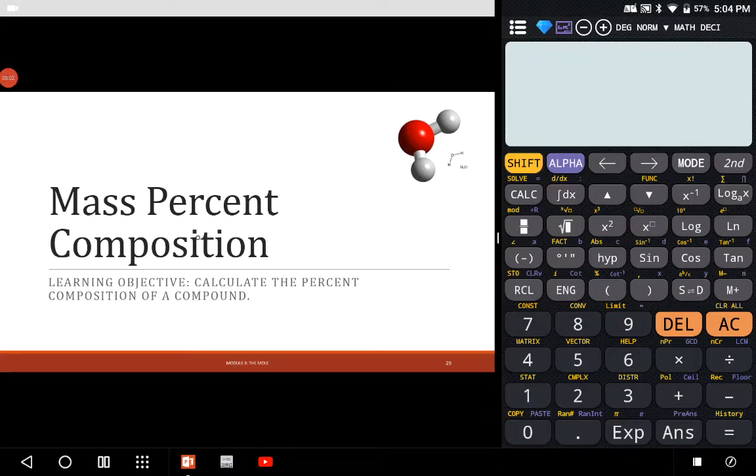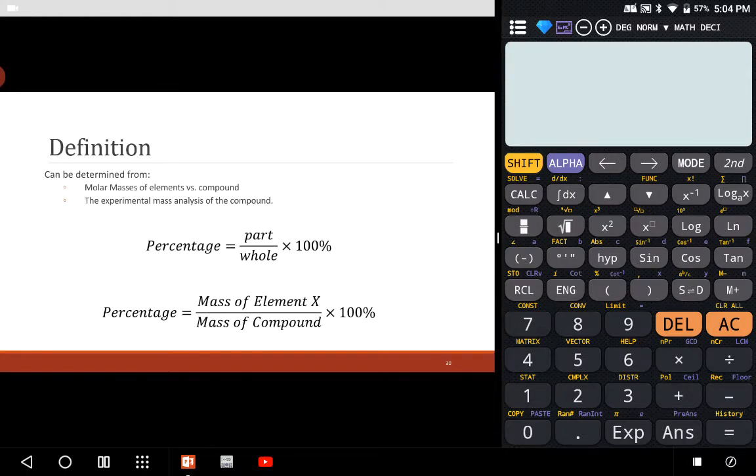In this video, we will be learning how to calculate mass percent composition. As part of our learning objective, we're learning how to calculate the percent composition of a compound. So the definition of any percentage is how much does a part contribute to a whole. Percentages are always out of 100, as per the name. So if there were 100 pieces of the whole, then how many of that one part or component do you